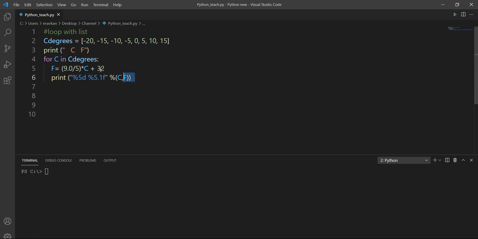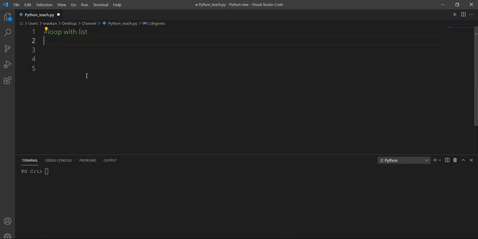Okay, now let me take one more example. We can also do the nesting operation on our list. Like I have a list, for char in, I have a list containing some alphabet, and I have another list, for num in 1, 2, 3.